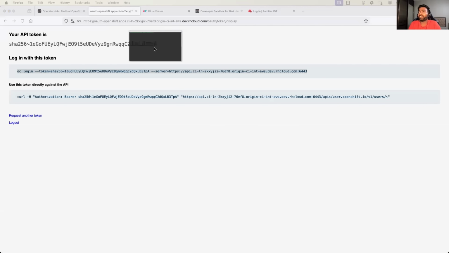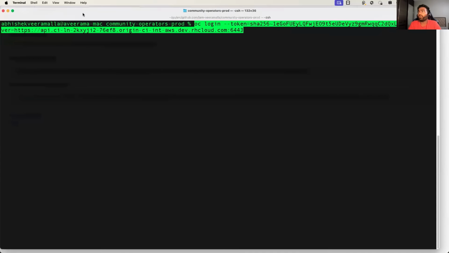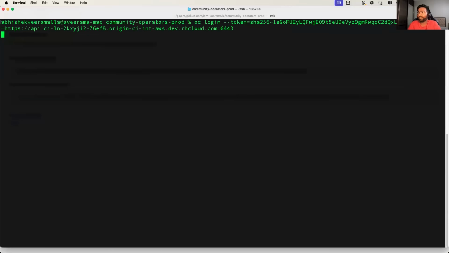So this is my terminal, and I can just type the login command that I have, and you will be authenticated to the OpenShift container platform through the CLI. Okay, it said